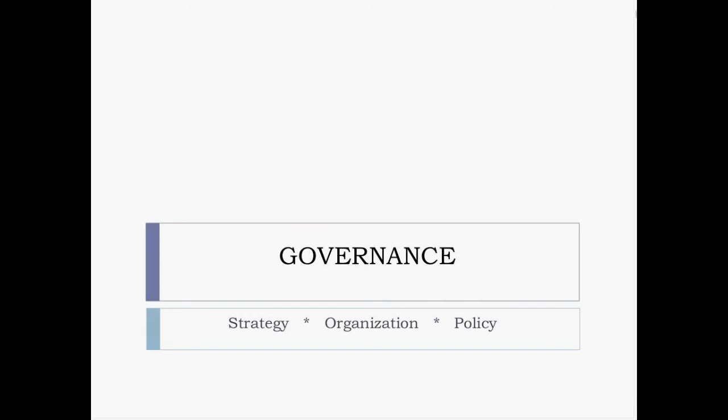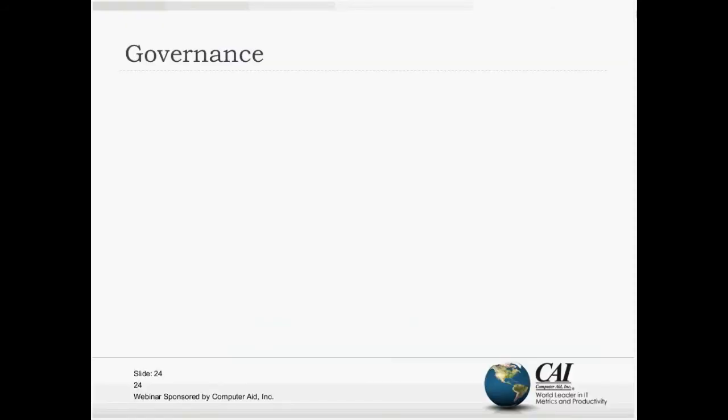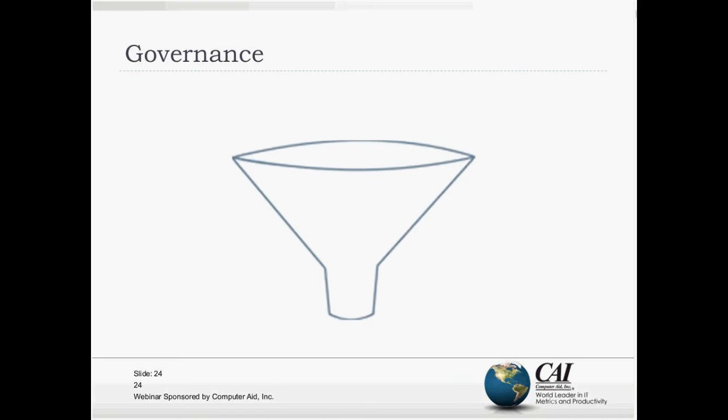So governance. What I've put together here for governance really is there's 3 major elements of governance: strategy, organization, and then policy. We're going to examine each one of those to some degree. Before I get into that, I'm just going to talk a little bit about